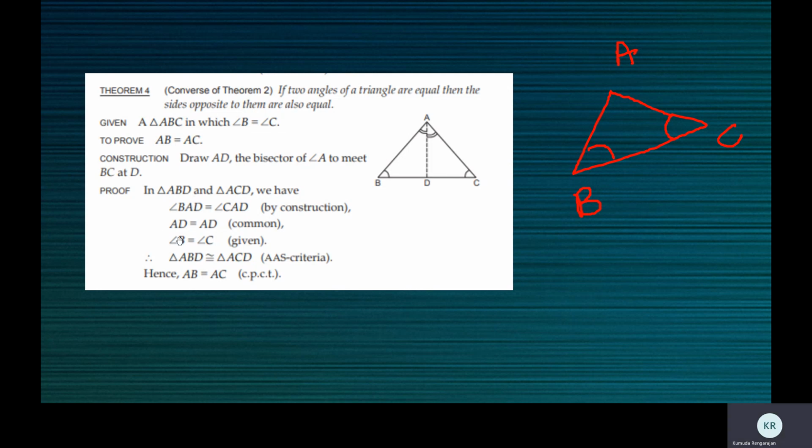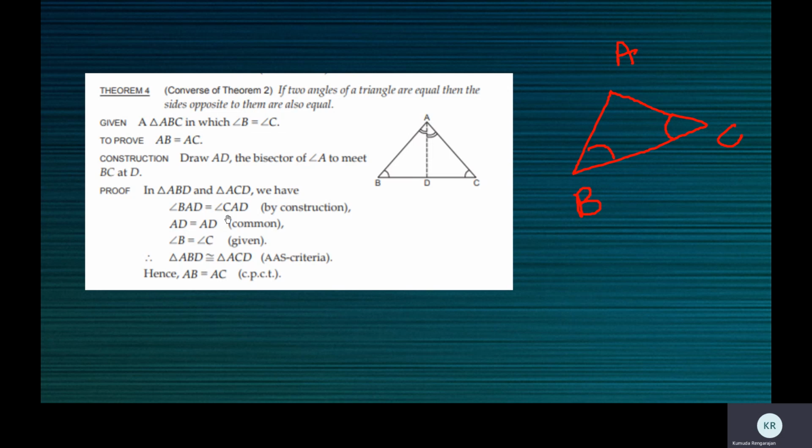So basically, all that in the LHS is of the first triangle. Angle BAD, then side AD, which is common to both the triangles, so you can say this is of the first triangle also. And angle B. So these three, angle BAD, AD, and angle B, are parts of the first triangle ABD.